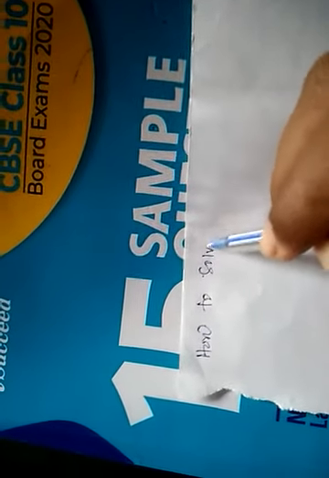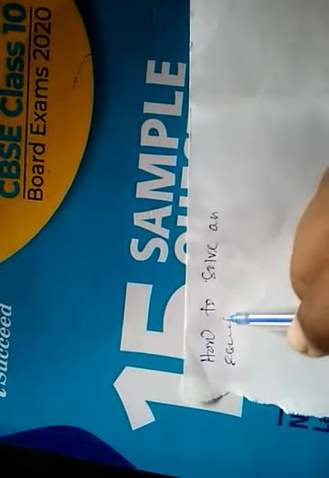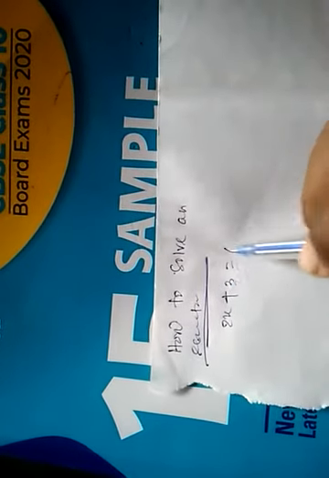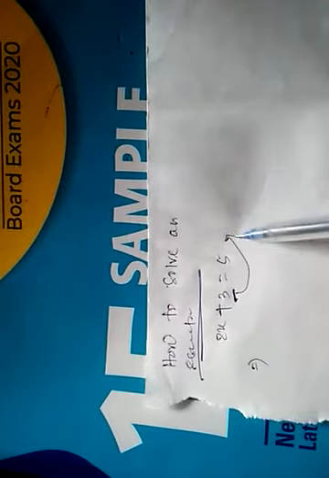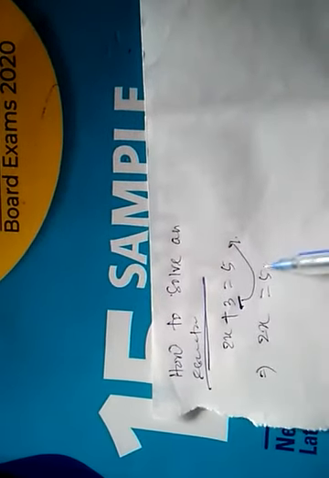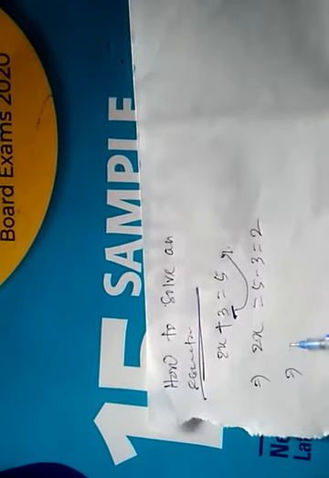Clear now? And you know how to solve the equation. How to solve an equation you are going to discuss. Suppose an equation is given 2x plus 3 equals to 5. How to solve it? There is one method, transposition method. First this 3 will be transposed to the right hand side. So 2x is equal to 5 minus 3 that is equal to 2. So what is 2x? You got 2. So here 2 will be transposed. So x is equal to 2 by 2 that is equal to 1.